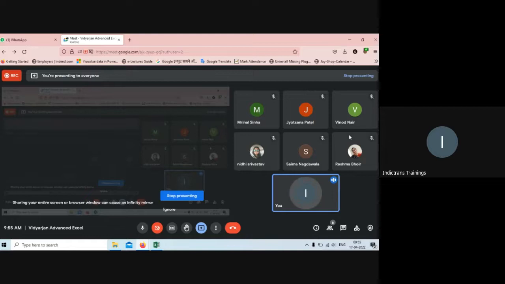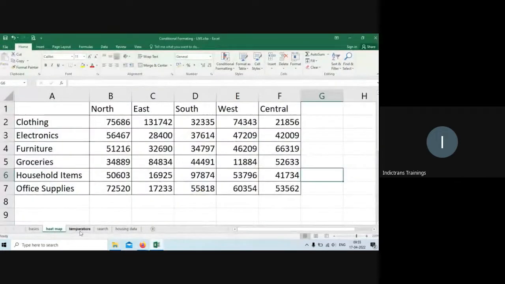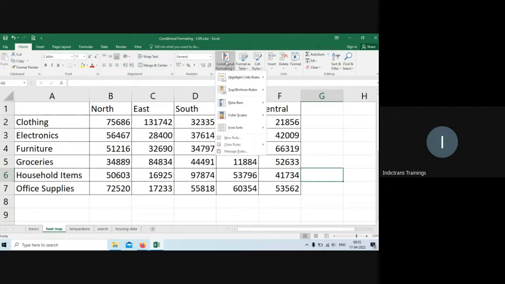Now obviously in the latest version of Excel, I think a map chart is there, but in the older versions there's no map chart. But for a simple set of data, you could always do a kind of heat map using conditional formatting, and that is nothing but using the thing which we tend to use, which is called color scale. So what is color scale? I just select this data,